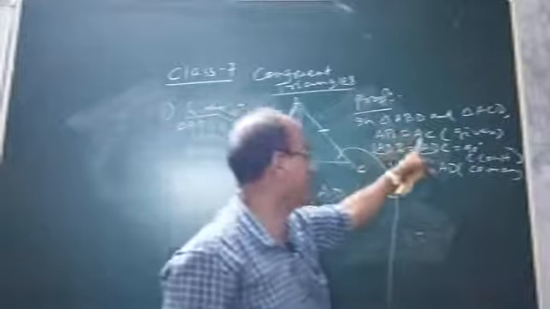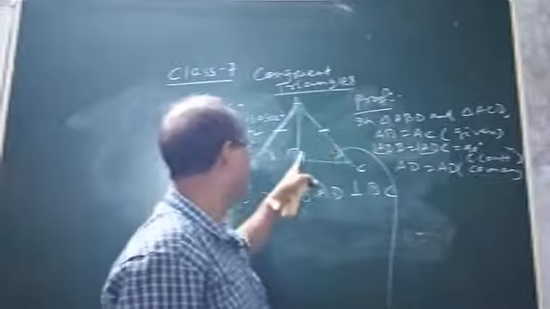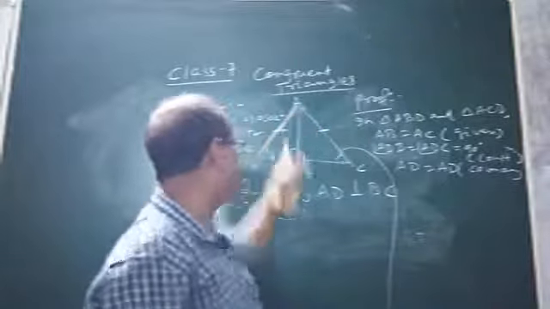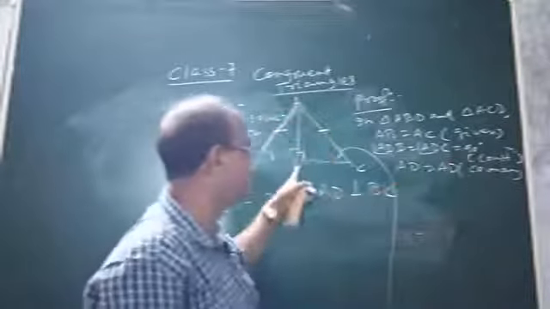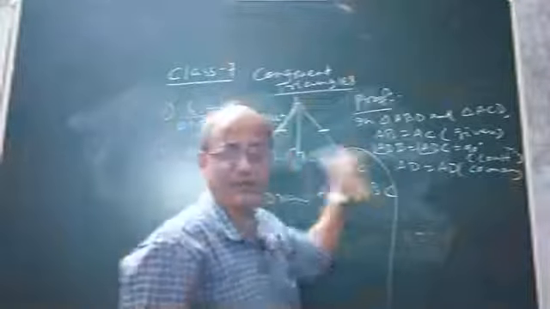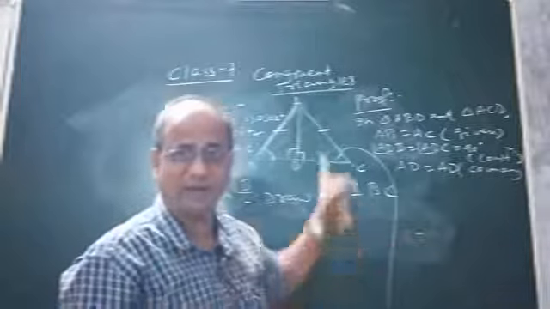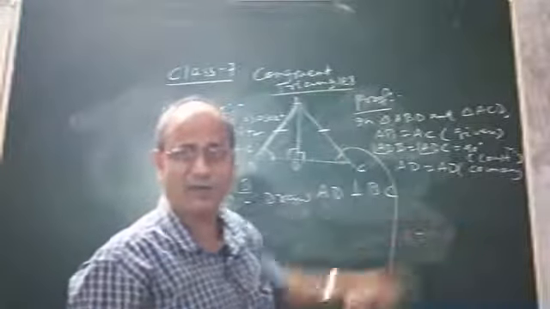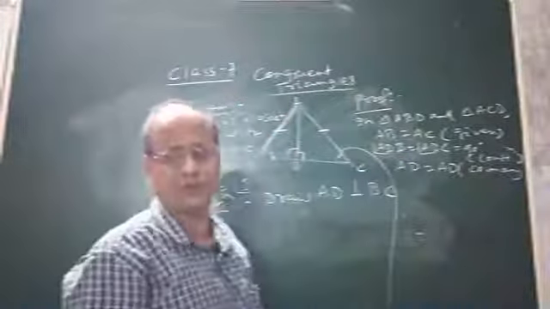One is AB equal to AC, angle B equal to angle D, angle ADB equal to angle ADC. Both are 90 degrees by construction, and AD is equal to AD because AD is present in both the triangles. So we got all the 3 matching parts that are required in order to claim two triangles to be congruent. Now children, tell me, these 3 matching parts satisfy which congruence condition?